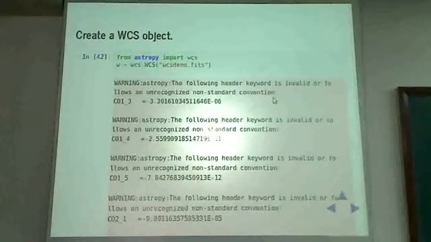But it also gave observatories flexibility to add specialized header keywords so that any eccentricities in their data can be handled by them. So all these warnings are telling you is: look, there are a bunch of non-standard keywords in this, be careful.